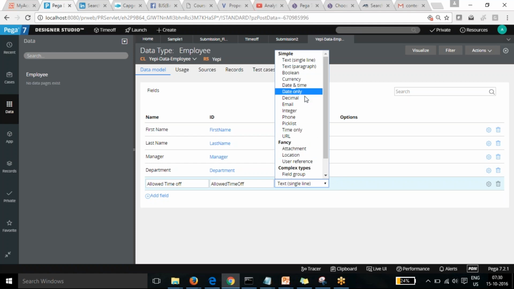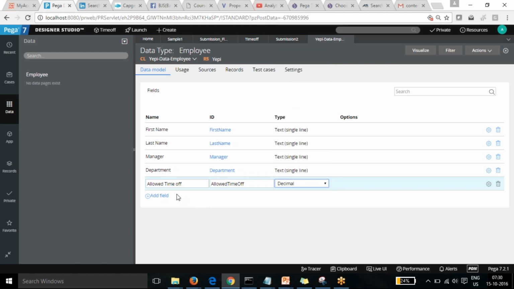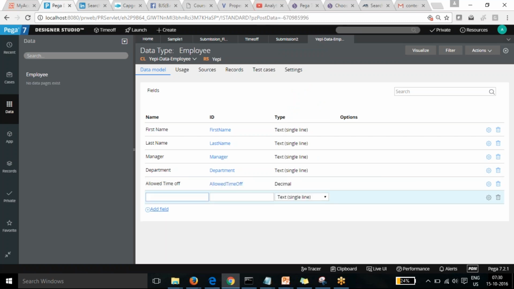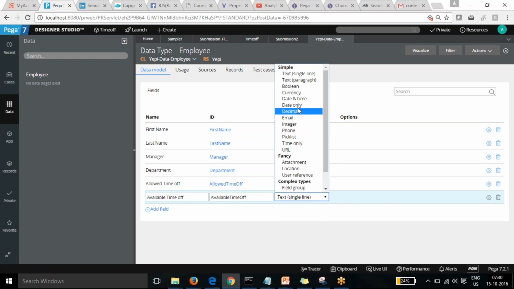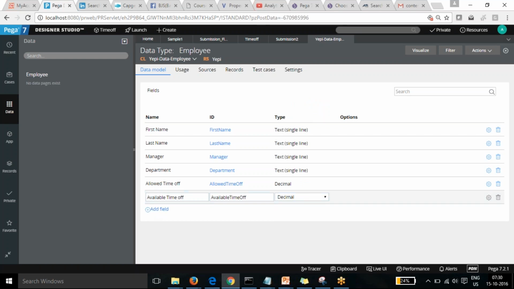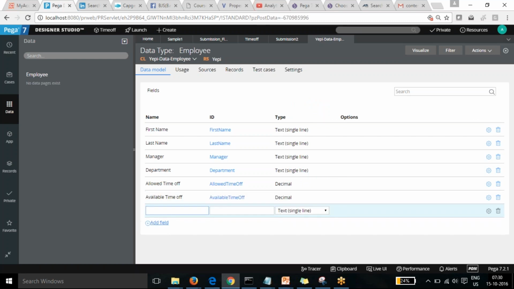I'm going to put a decimal, and you can see the available time off. This is like for different leaves, different options can come. So for timing, just allot time off, and you can see the accrual rate, so how much leave is already taken. Those are the fields we need for our case.